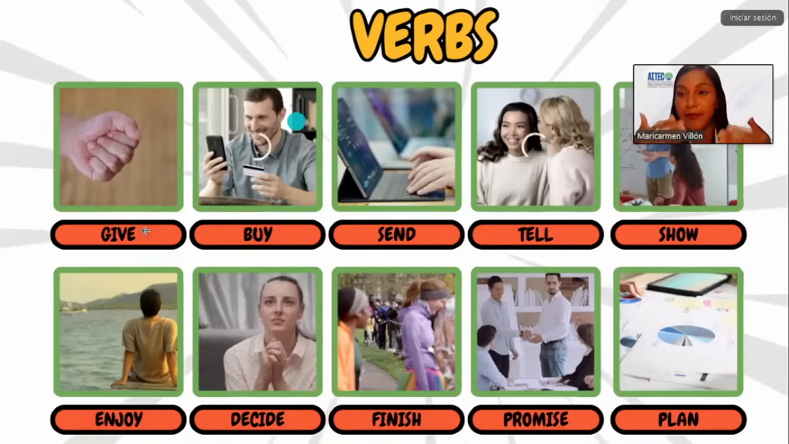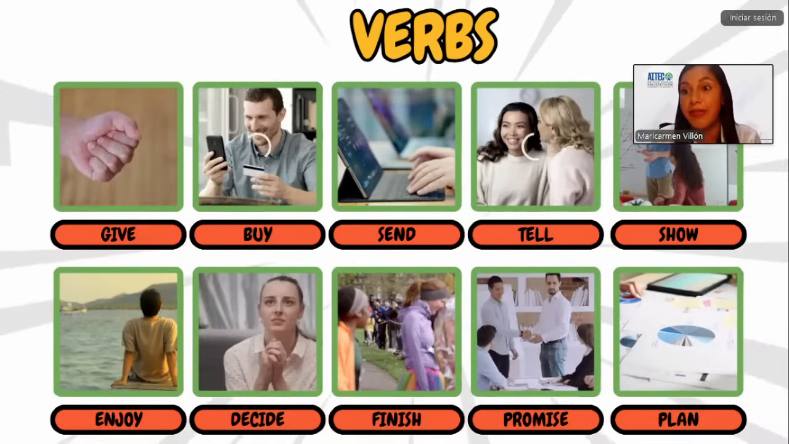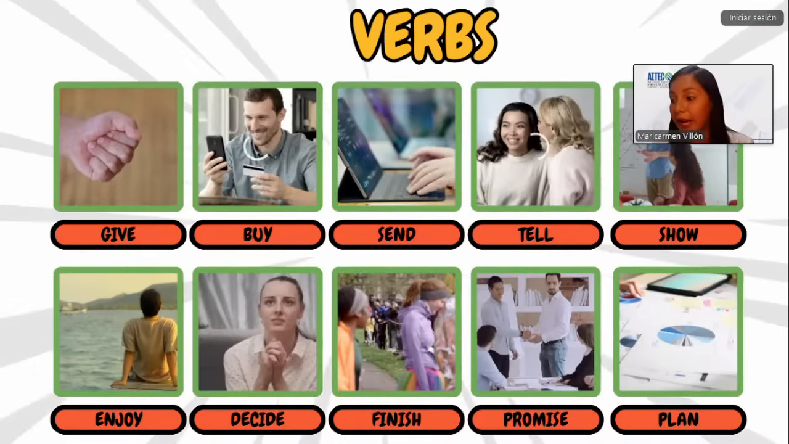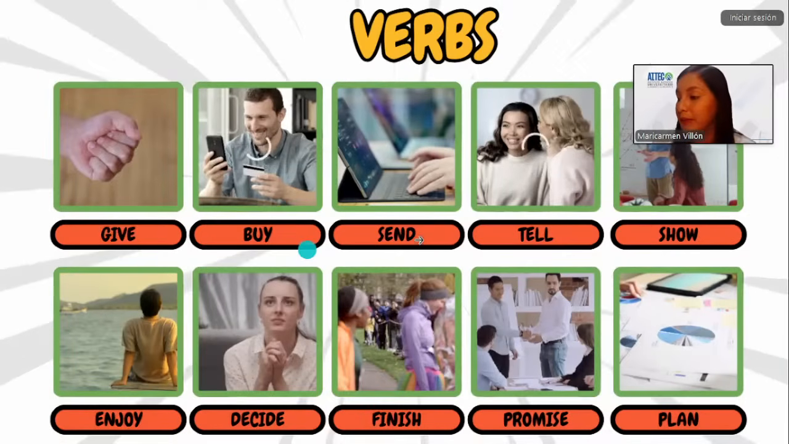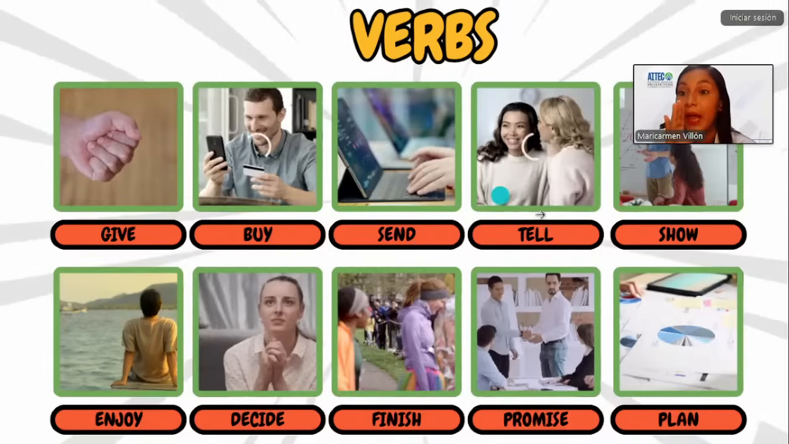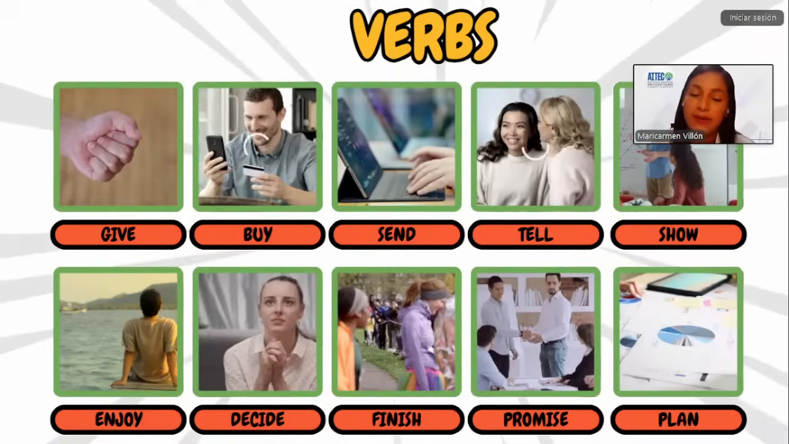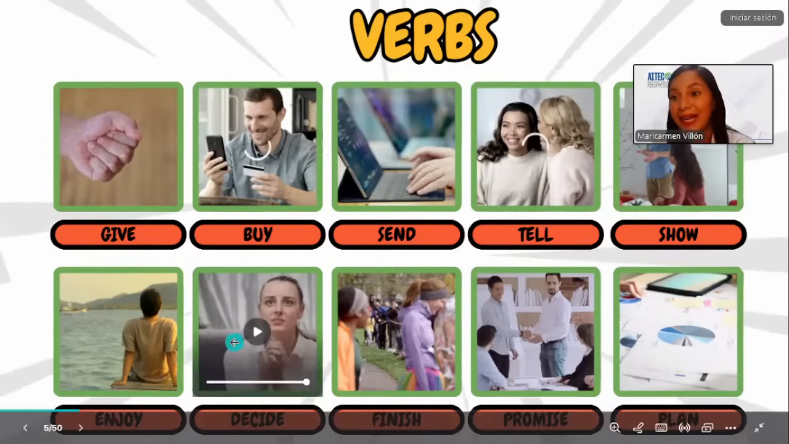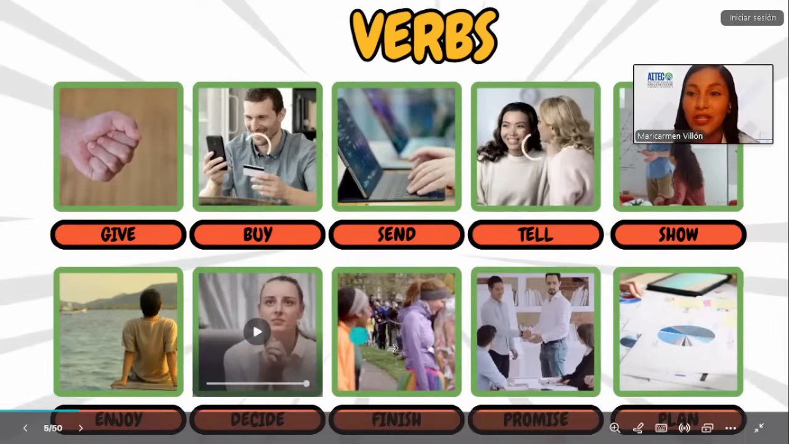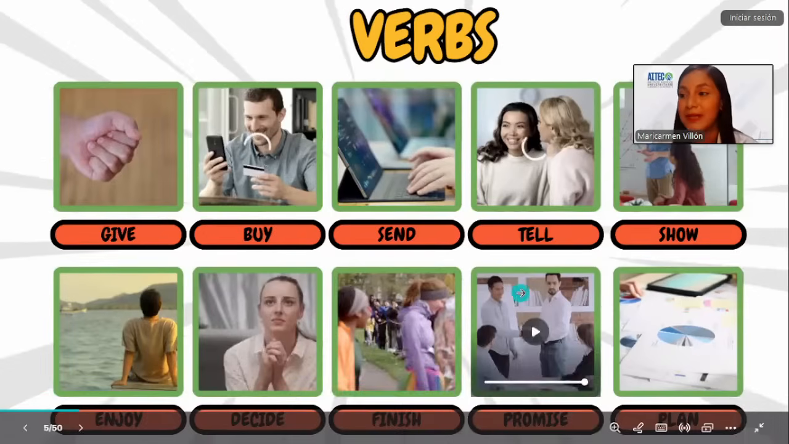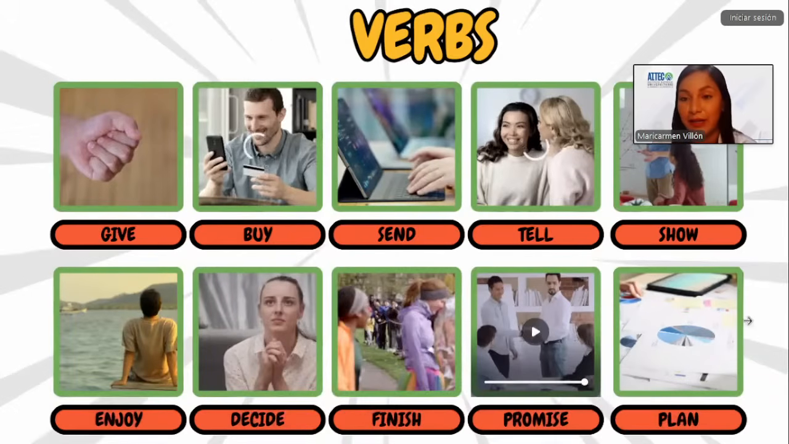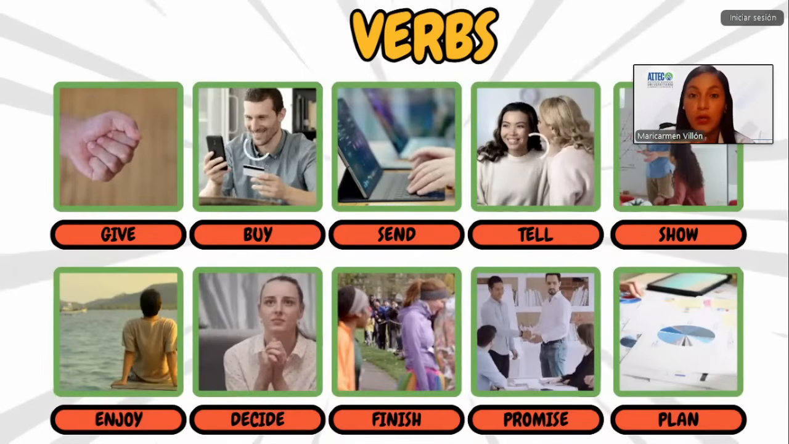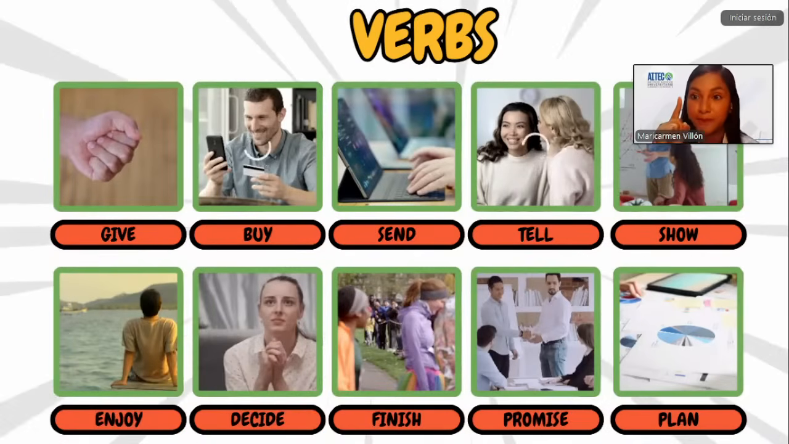We got give, that's an action and a verb. Buy is another action, the action of comprar, right? Send, that would be enviar. Good. Tell, decir. Show, enseñar o demostrar. Enjoy, disfrutar, that's another verb. Decide, decidir. Finish, terminar. We got promise, prometer and plan. That's very easy, right? Okay, so after checking some verbs, we are going to get started with the first topic